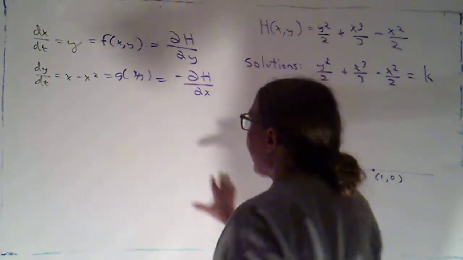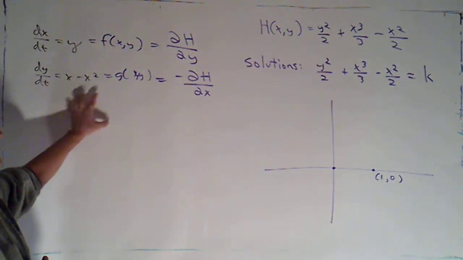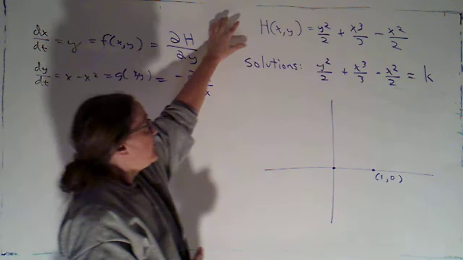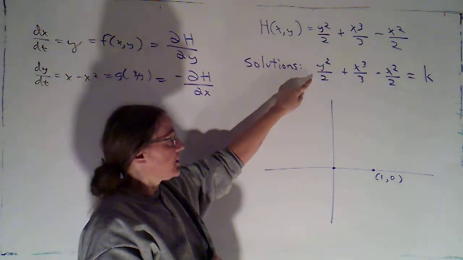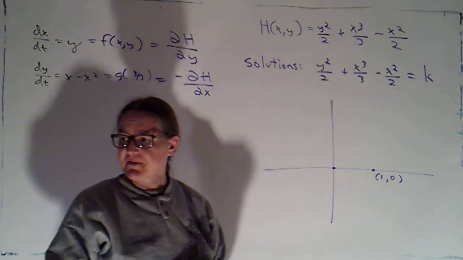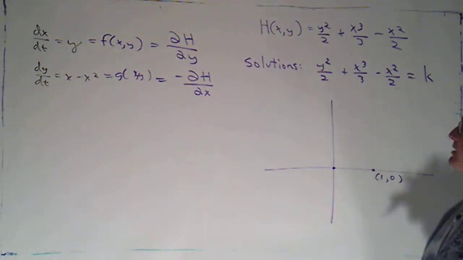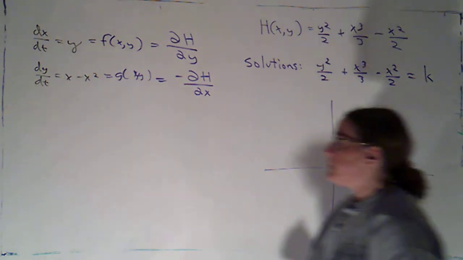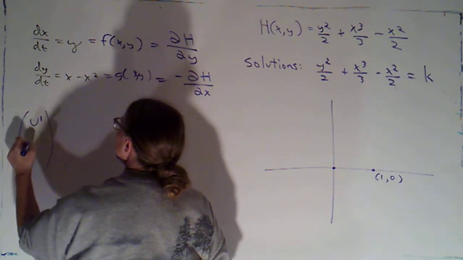Okay, so here's where we got in the last video. We had this system, we confirmed it was Hamiltonian. We found a Hamiltonian function for it, so we know that the solutions are our level curves, but we weren't entirely sure what that was going to look like, and so we decided we were going to classify our two equilibrium points. So, if we do that, when I linearize things, I'm going to get u prime, v